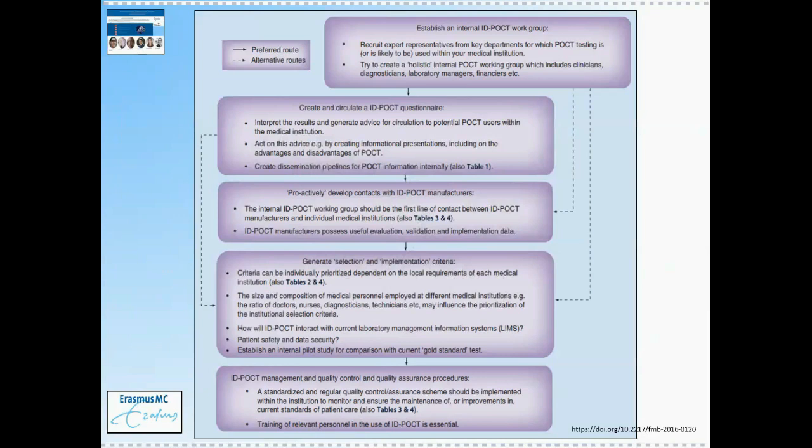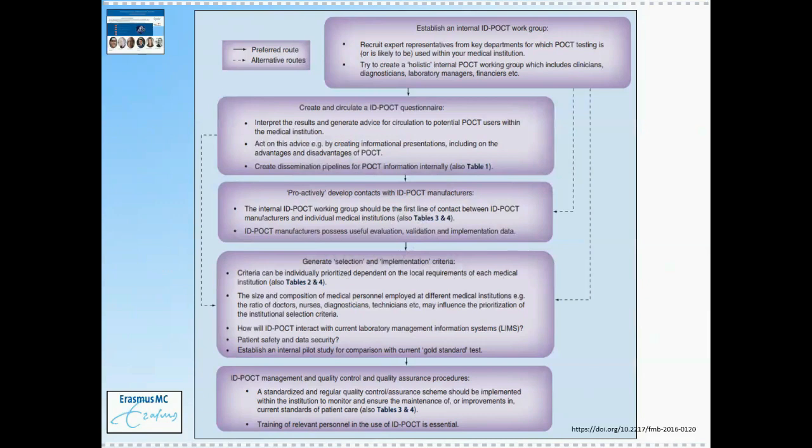This is a diagram and article published in 2016, recommending a strategy for implementing ID-POCT at the macro level within hospital settings. In this case, the diagram is obtained from our own experience of developing protocols for the implementation of POCT within the Erasmus University Medical Center in Rotterdam, the Netherlands.